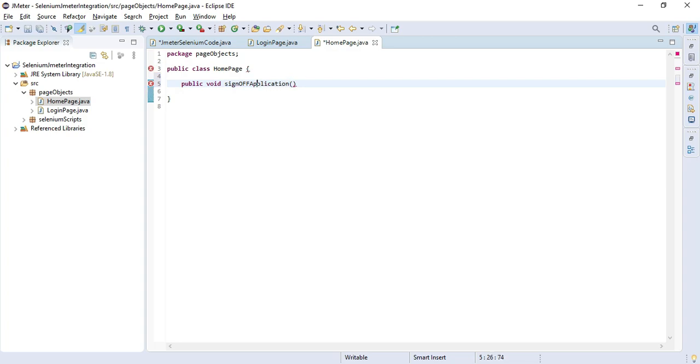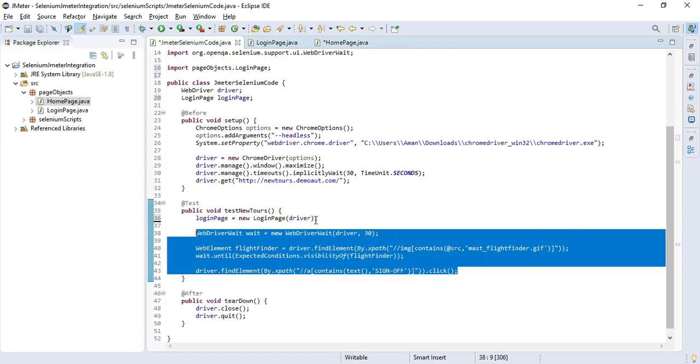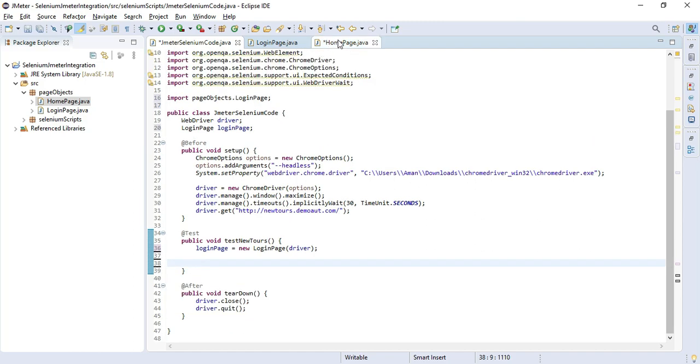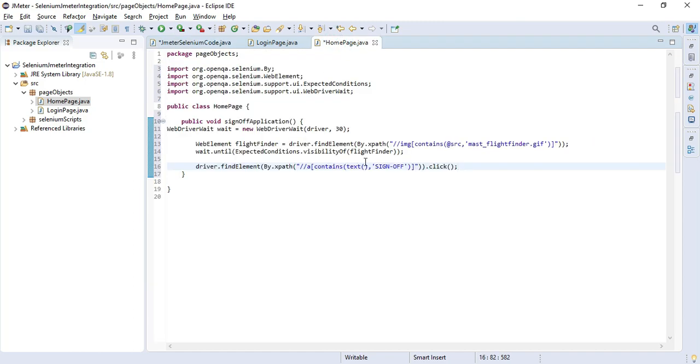We can keep it small, and here we can bring our code. It's Control X, Control V.